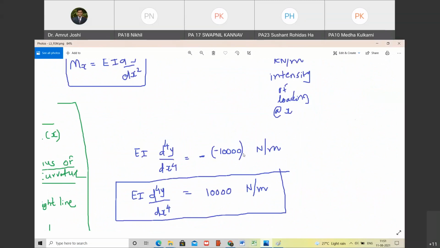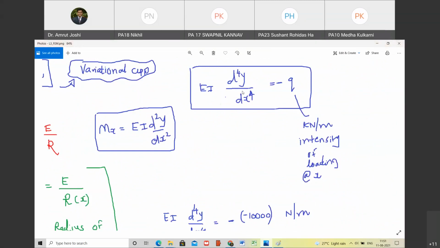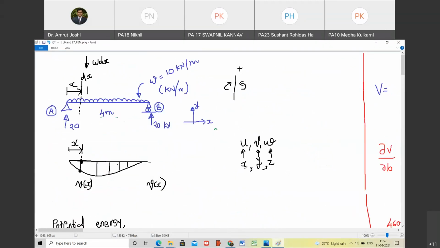So therefore, now the problem of analyzing this beam can be approached in two ways. One is solving its governing differential equation, which is a fourth order homogeneous linear differential equation. Do you agree with me? Or there is a second approach. What is the second approach? The second approach is minimizing its potential energy, also called using the variational principles. That means we are applying the minimization of potential energy, which automatically guarantees that the governing differential equation is satisfied. Are you with me?